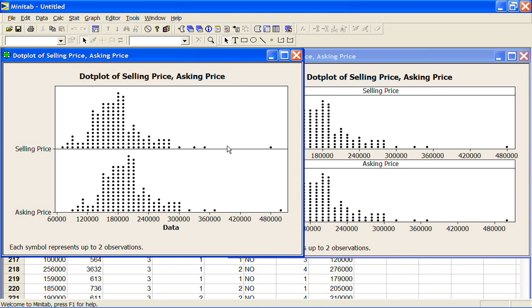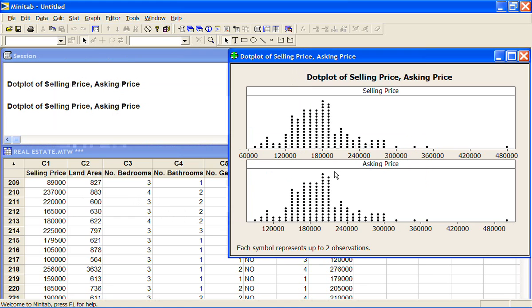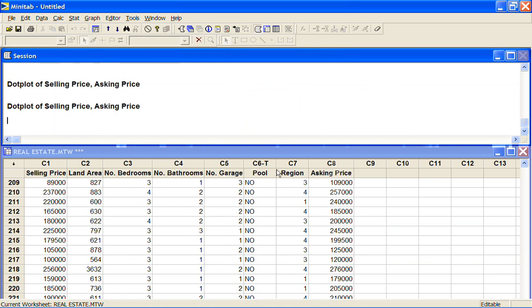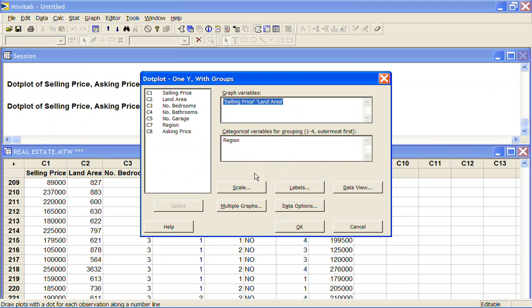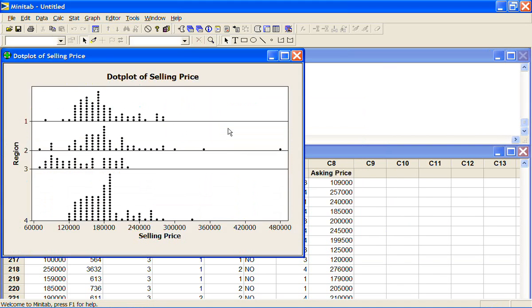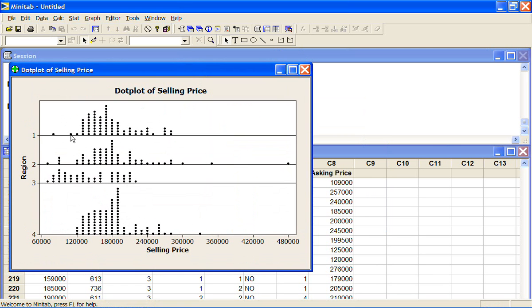Now one of the other options we might want to use is to split these dot plots up by groups. So I'll get rid of these. Now I can do my simple 1Y with groups. I'm just going to look at the selling price and split this up by region. And you'll see here we've got region along the y-axis, selling price along the x-axis,